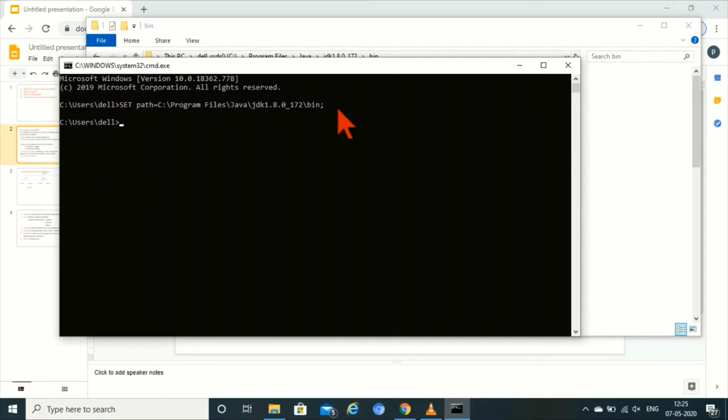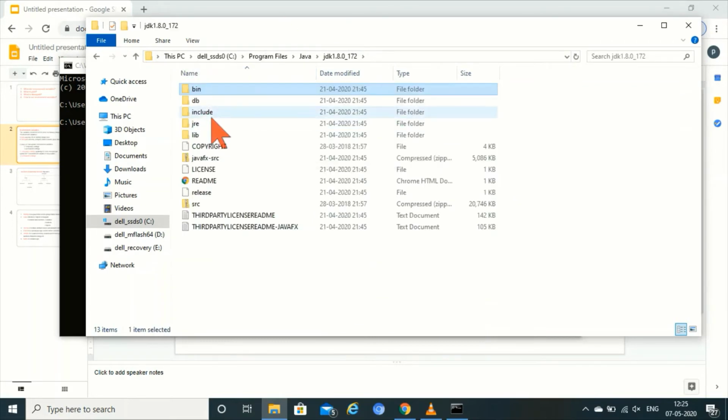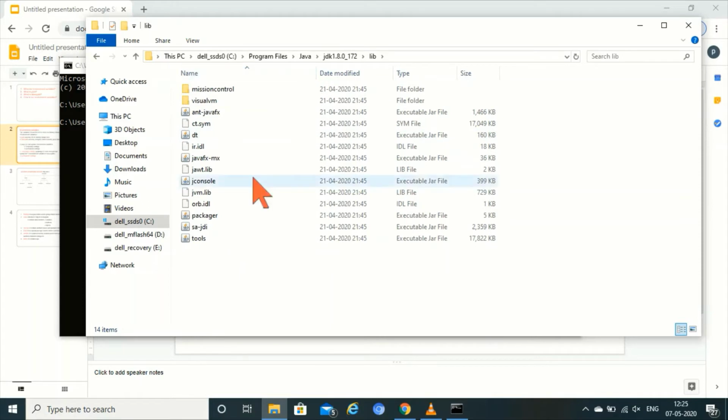Now I have to set the library files path, then set class path equals to, and we have to give the dot operator in the beginning, and then the file location inside the JDK library, inside tools.jar.